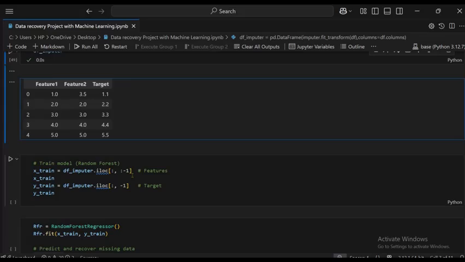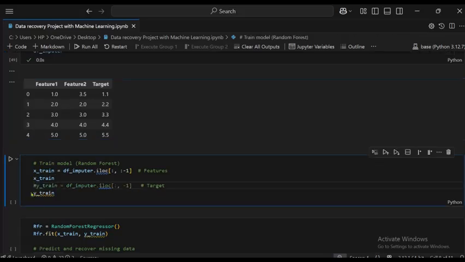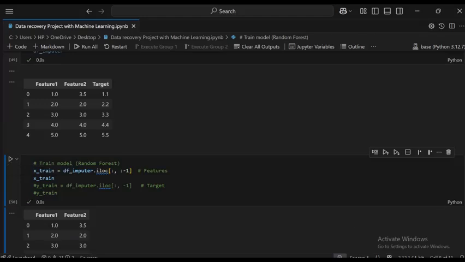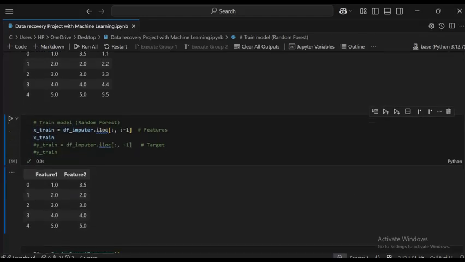So it shows all the data but leaves the last column. So this is feature 1. If I show you the data, first I use this, then if I print this data, it looks like this. This is feature 1 and feature 2.